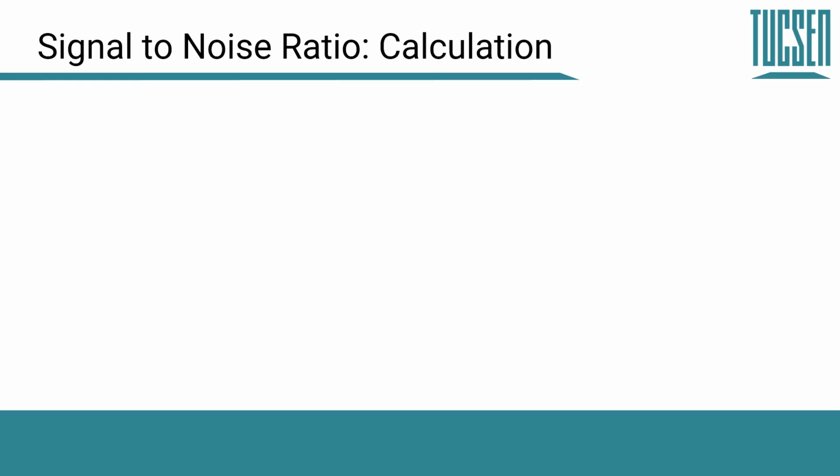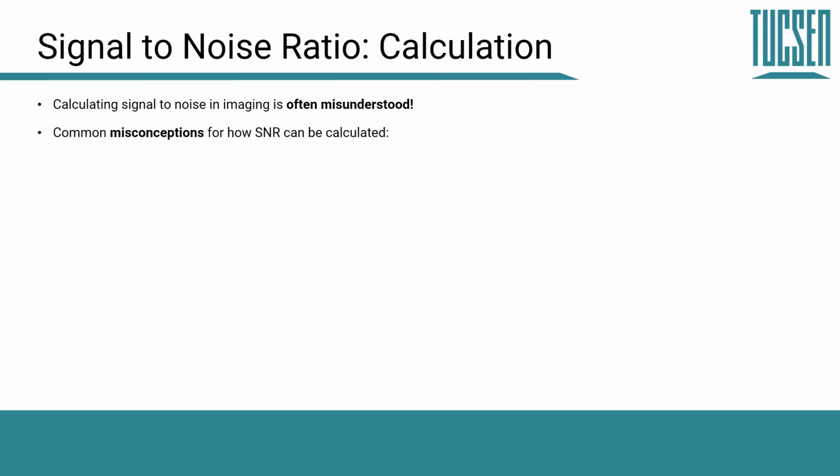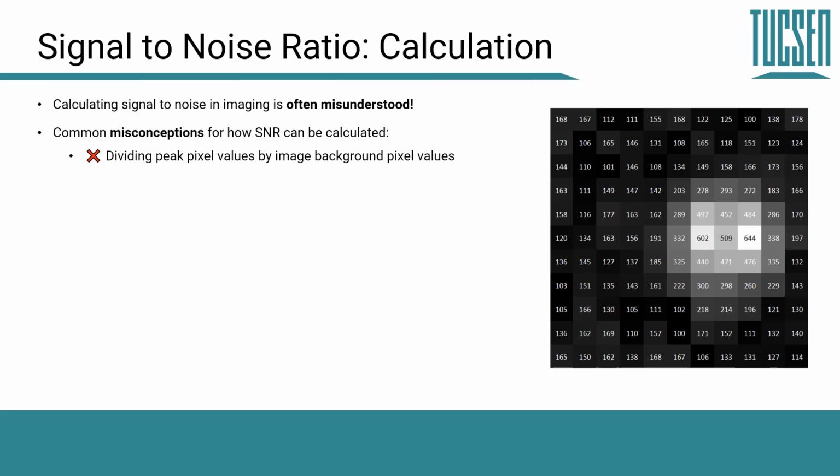So, how to calculate the signal to noise ratio? This is in fact something that is often misunderstood in imaging. There are quite a lot of misconceptions for how signal to noise ratio can be calculated. One might be, say we've got this image on the right hand side here, there's a certain peak value, say